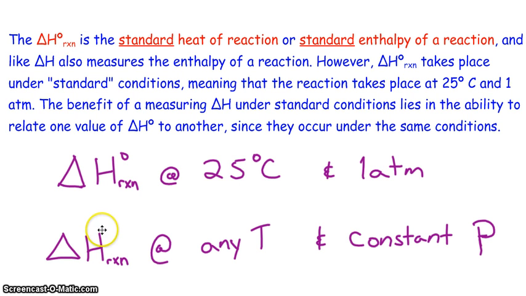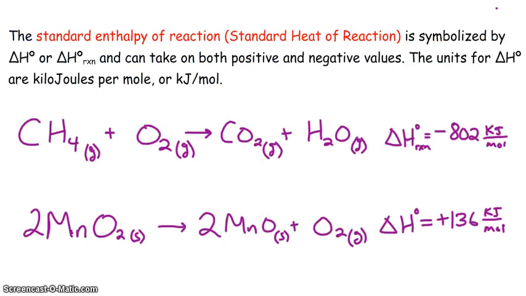If there isn't a superscript 0 describing the enthalpy of a reaction, that particular reaction was done at some temperature not 25 degrees Celsius and some constant pressure other than 1 atmosphere. One benefit of using standard state reactions is an ability to compare different reactions under the same conditions. Looking at these two reactions,